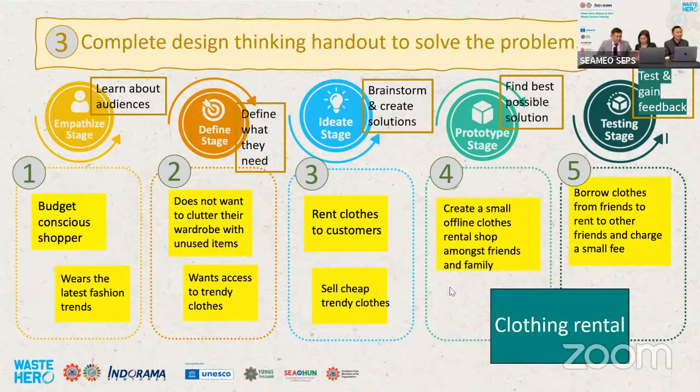Okay, and then get through the prototype stage by presenting ideas and finding the best possible solution, such as creating a small clothing rental shop among their friends and also their family. And finally, end up with the testing stage by experimenting with the best possible solution, such as borrowing clothes from friends, right, to rent to other friends, and also charging a small fee.